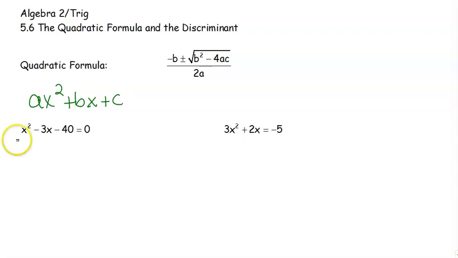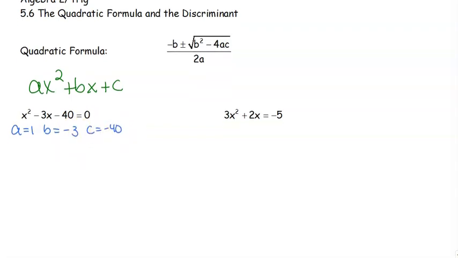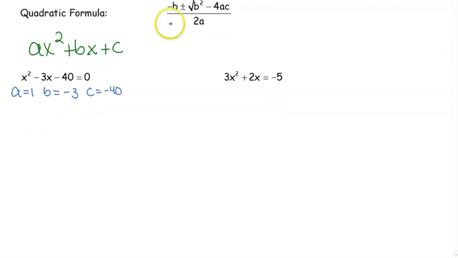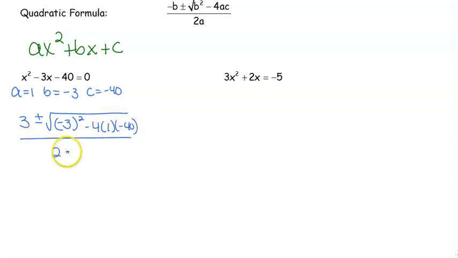So when we look, we've got that our a value is 1, our b value is a negative 3, and our c value is a negative 40. We plug it in. This is the opposite of b. b is a negative 3, so the opposite of a negative 3 is a positive 3, plus or minus the square root of b squared, negative 3 squared, minus 4 times our a times our c, all over 2 times